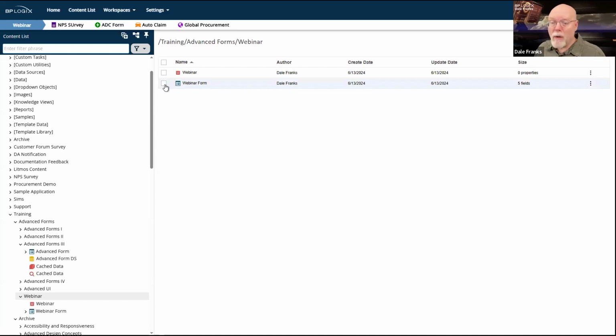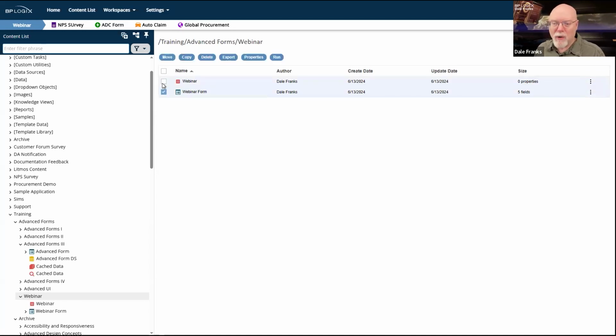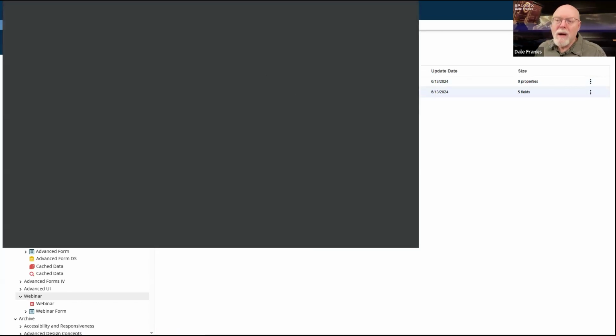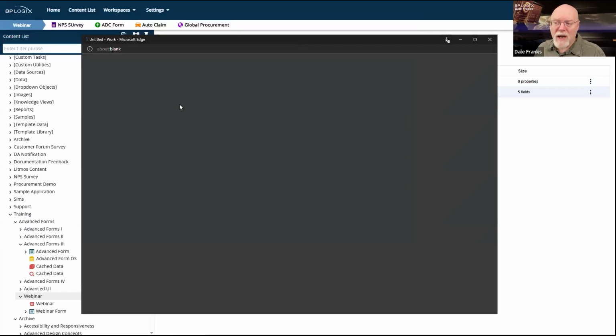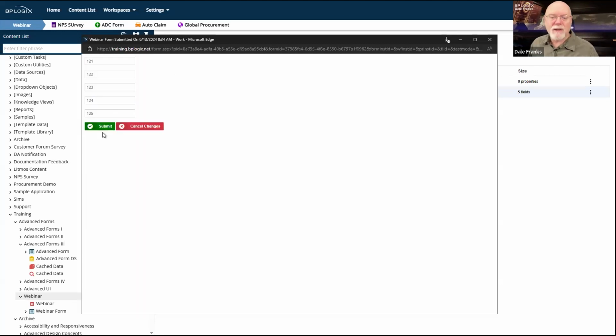I could go in and create 10 form instances right now. And sadly, you're going to have to watch me create some form instances to make this work. But I can create form instances, and my cache is not going to update until the build form cache page is run again. And it has to run on a routine basis because it's got to catch my form numbers.